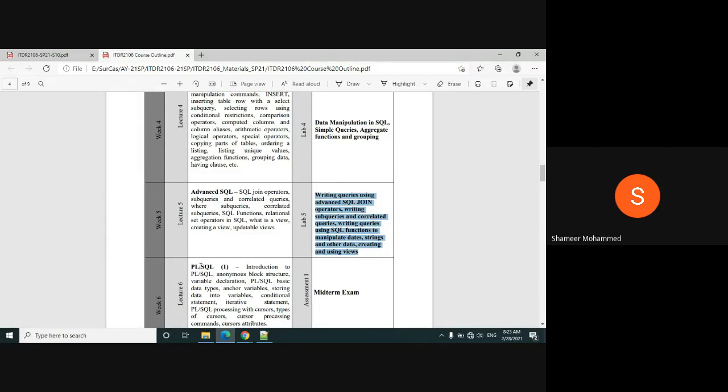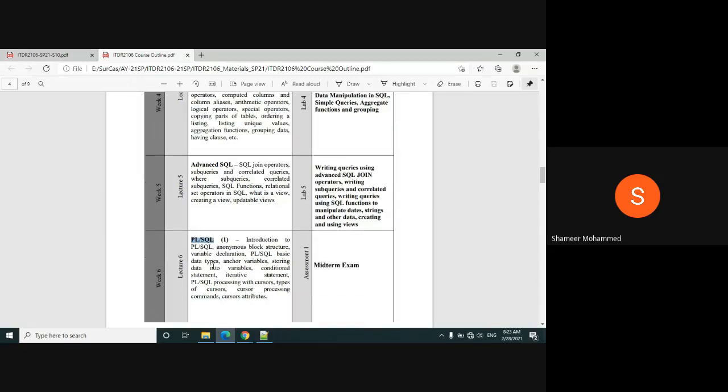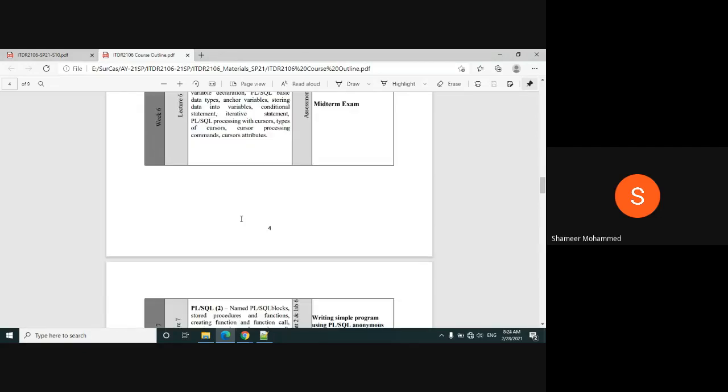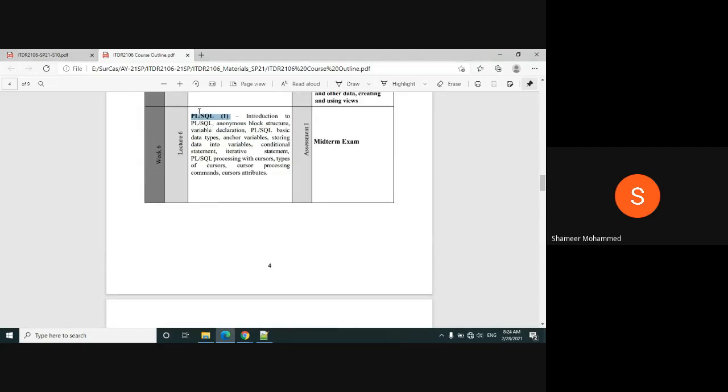Again, when we move to lecture 6, there is one language you will use known as PL/SQL. This also is divided into parts. In lecture 6, you will study the first part, PL/SQL part 1. Here you will learn how to write the program, etc. Number 7 is the continuation, PL/SQL part 2. Some more advanced concepts we will discuss in this lecture 7.